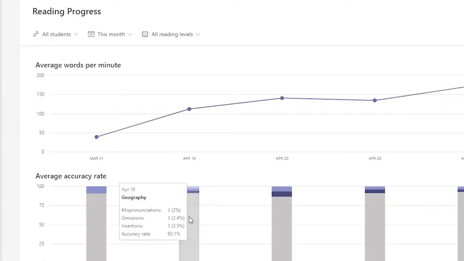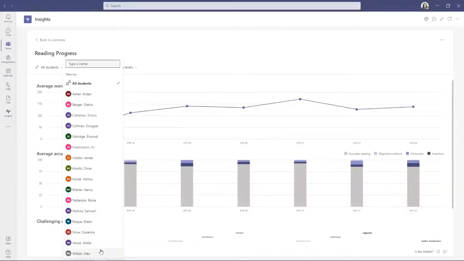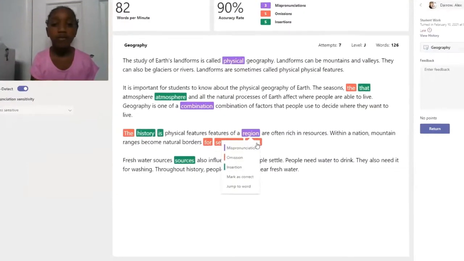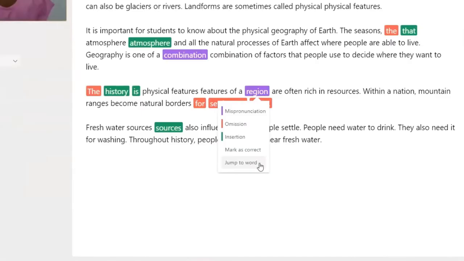How do I intentionally approach every student? The whole class, this is what I'll teach them, and maybe this one specific individual student, I need to address with him or her this specific area. Reading progress has really motivated a lot of kids to work harder and kind of gave them ownership of their